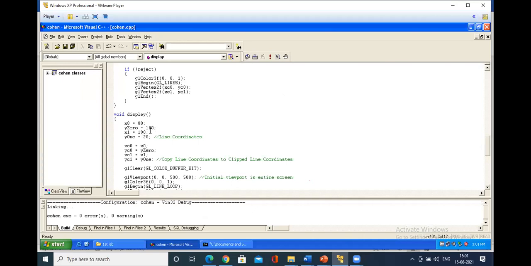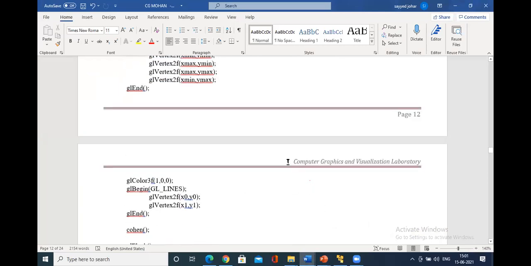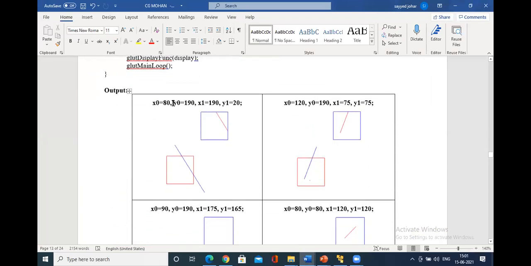As I said, you have to give the values in the display function: 80, 190, 190, 20. This is for the first case, all of you. That is, this is X0 80, 190. Sorry, this is X1, 190, 20.